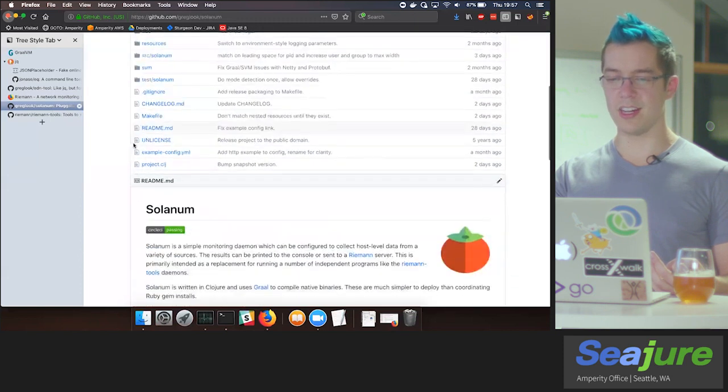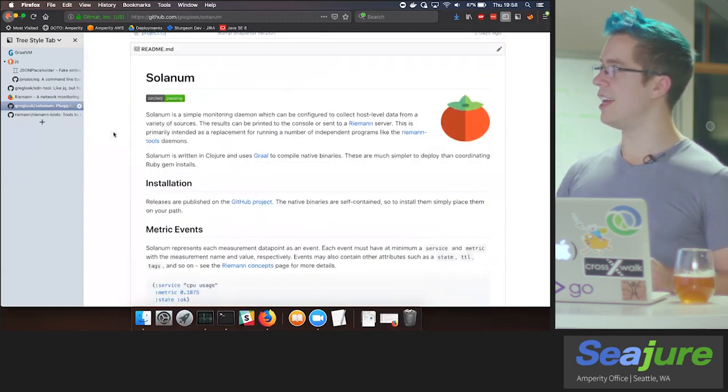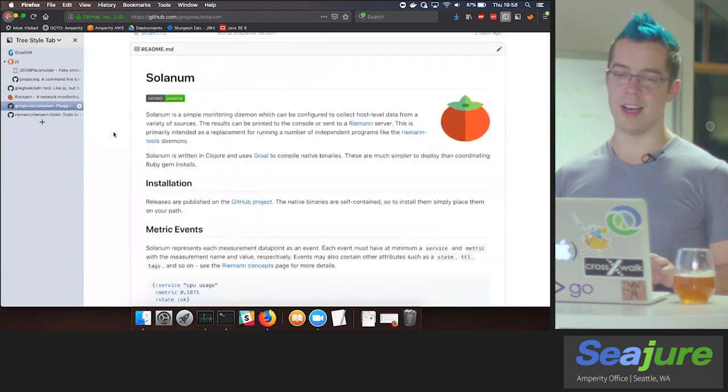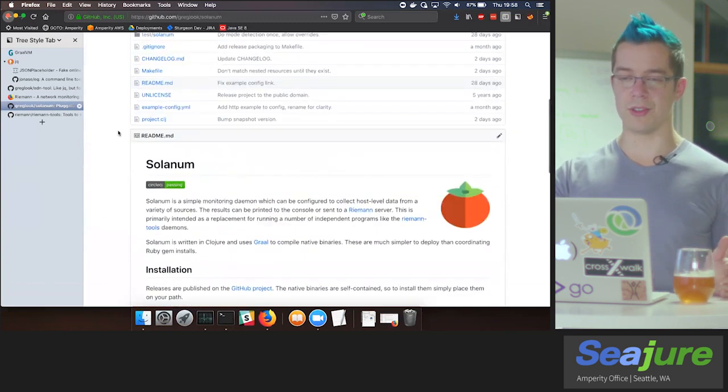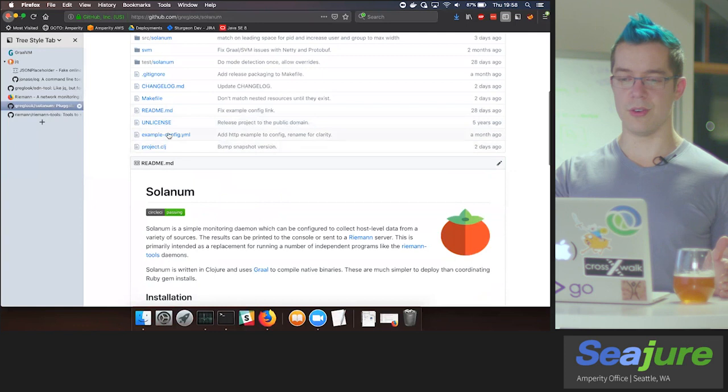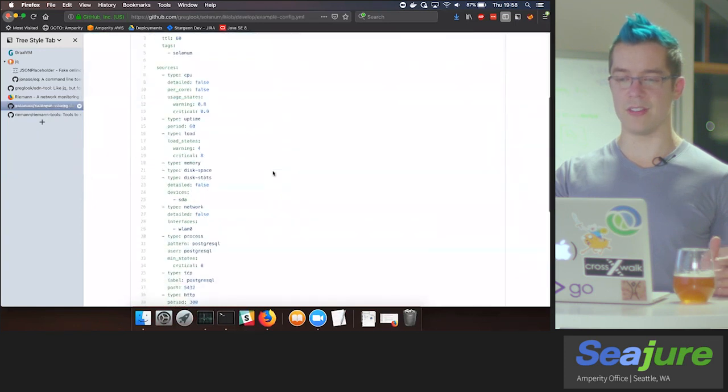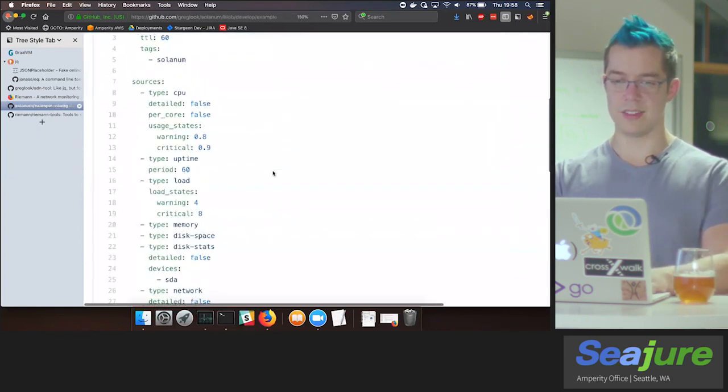So long ago, I wrote a tool called Solanum for replacing the Riemann tools and giving a YAML-driven DSL for configuring all of this in a single executable.